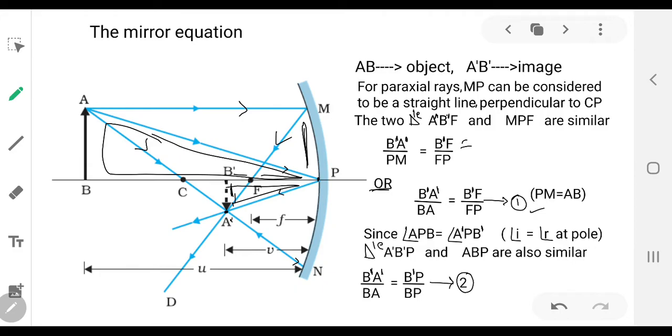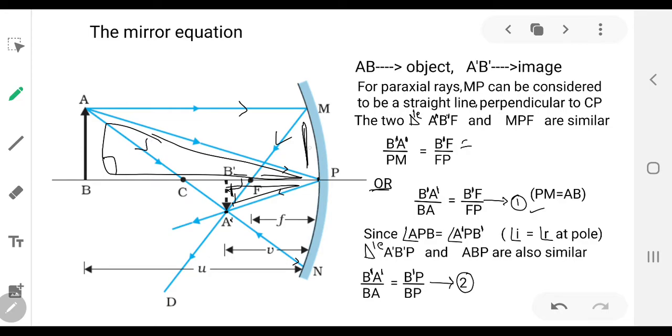If we want to take two triangles similar, two angles in those triangles should be the same. So here, angle B is a right angle, angle B' is a right angle, and in this triangle